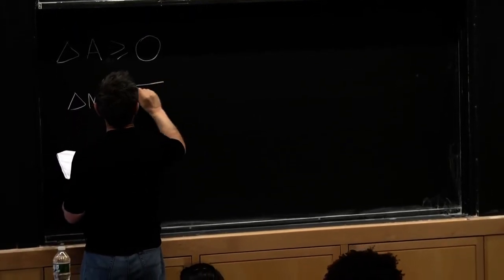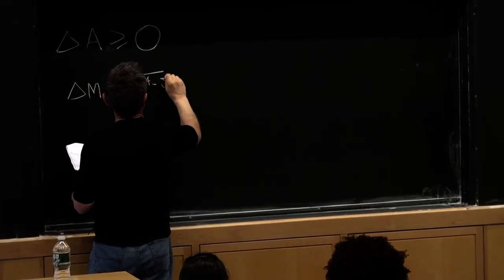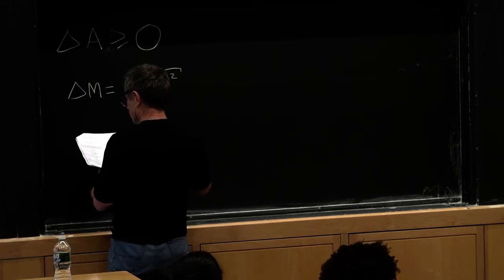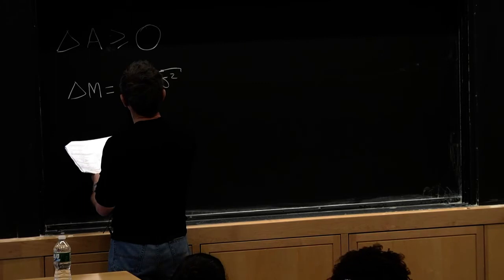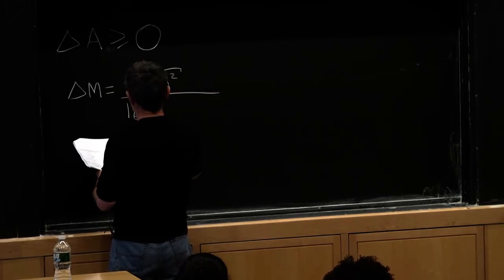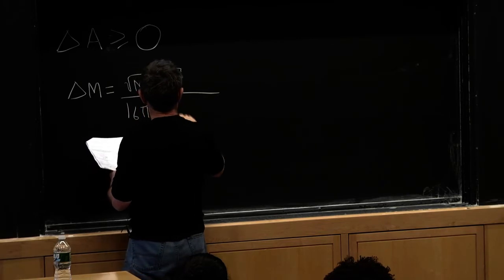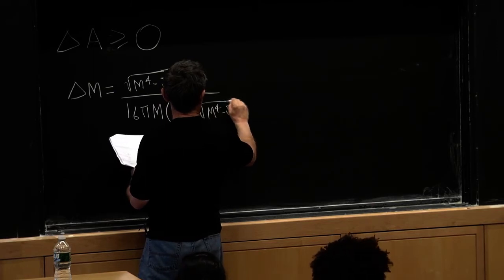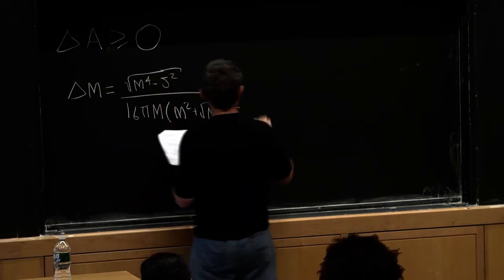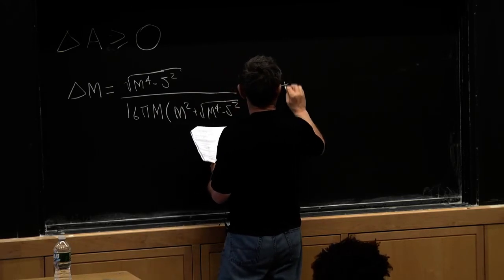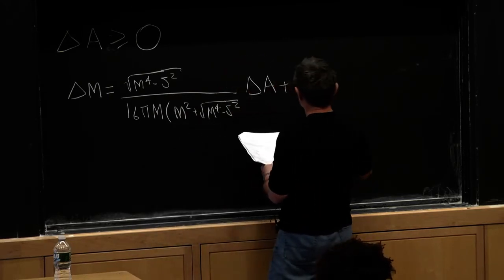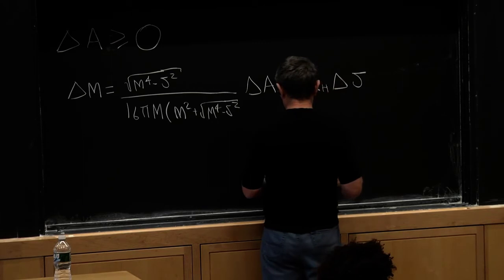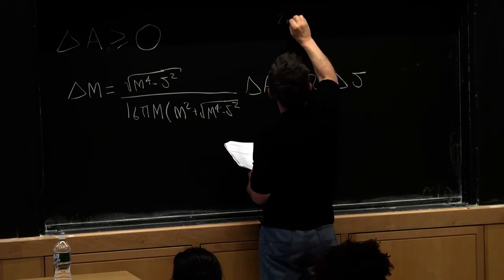Rewriting this, we can get a formula for delta M in terms of the change in the area, and it works out to be the square root of M to the fourth minus J squared over 16 pi M squared plus the square root of M to the fourth minus J squared, times the change in the area, plus omega horizon delta J. I should have written them the other way, but this is known as